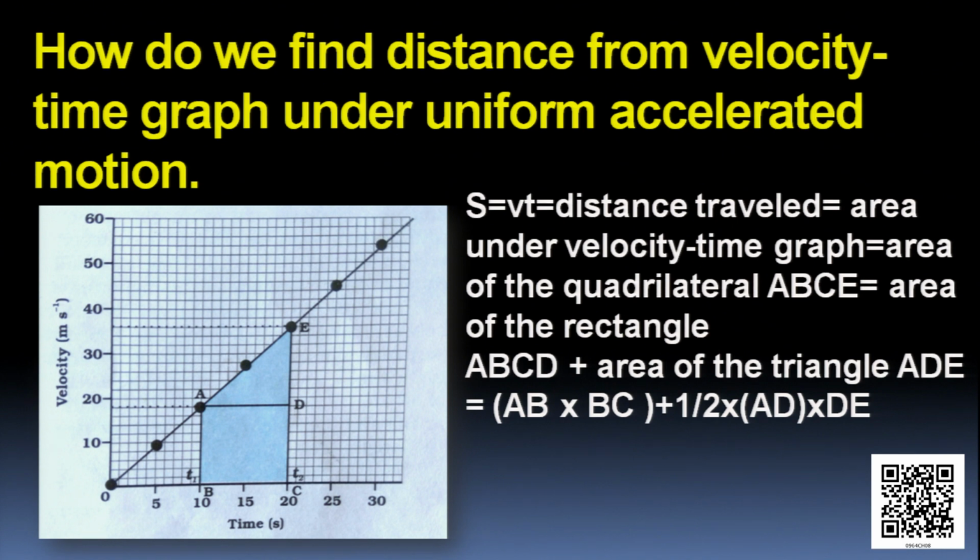Then the distance covered by the object can be calculated by means of this velocity time graph. So S, the distance traveled, is equal to the area under the velocity time graph, that is, the area of the quadrilateral